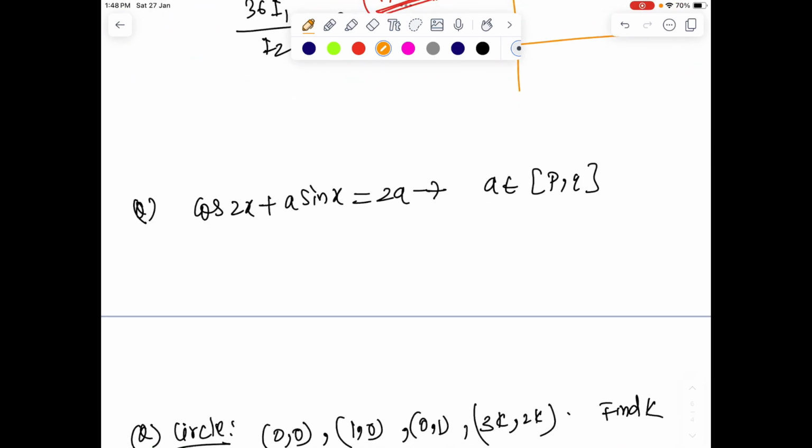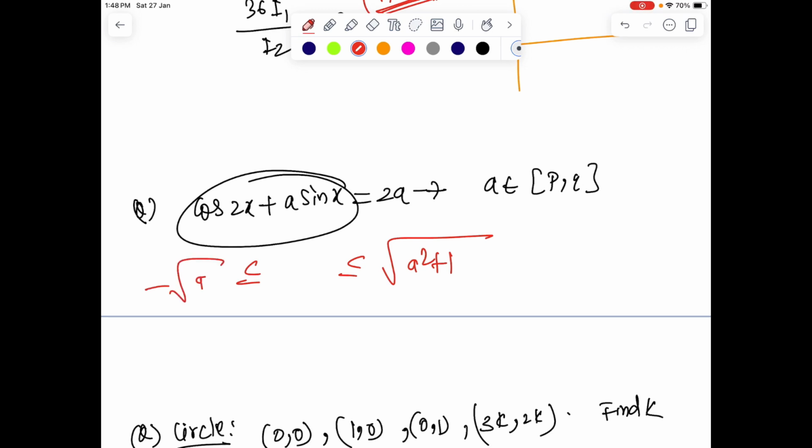Next question is from trigonometric equations, and again it's a standard problem. It says cos 2x plus a sin x equals 2a. We need to find the range of a for which a solution exists. Now clearly, this quantity will range from root of a square plus 1 to minus root of a square plus 1. So 2a must lie within this range. So basically 2a must be